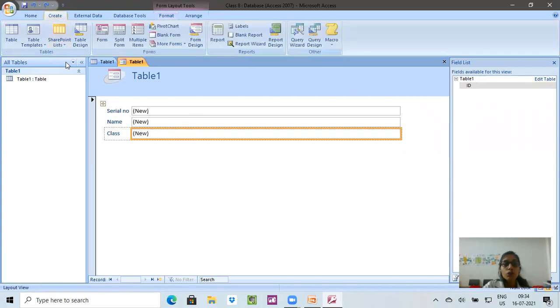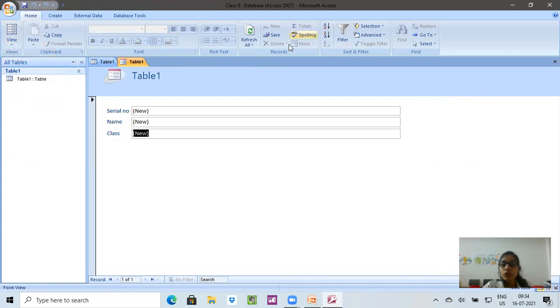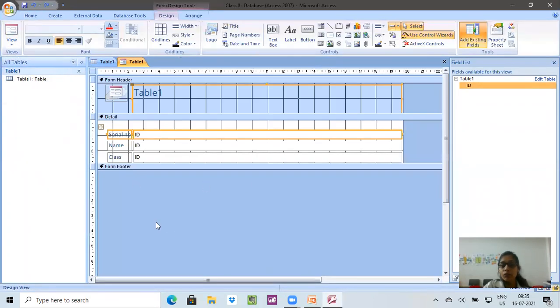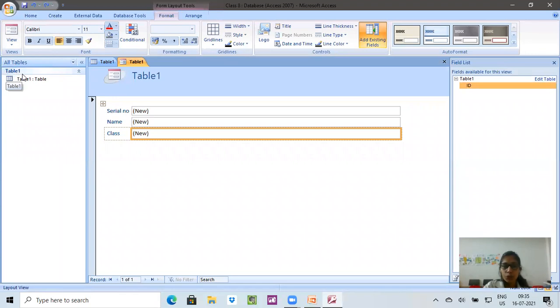Now in the form also we are having different types of views. What are the views? The view is form view. When I click on the form view, everything is going to disappear and only the form will be visible. When I go on the layout view, see, on the layout view, I am able to see the form available in this view. I can edit the table. This is the way I was working. Then we have a design view, where we see what design we have made. So this is how we work in it. Simply we work in a layout view.